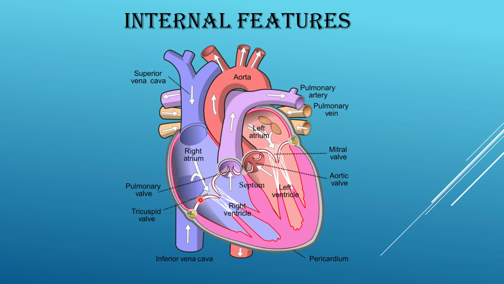Now you can see the difference in the walls of the atrium and the ventricle. The atrial wall is thin, whereas the ventricular walls are thicker. It's because they distribute blood to a longer distance. The right ventricle, after it takes the deoxygenated blood, pumps it to the lungs through this pulmonary artery. A lung is located at the same level in the thoracic cavity, so the walls of the right ventricle are thinner than the walls of the left ventricle.